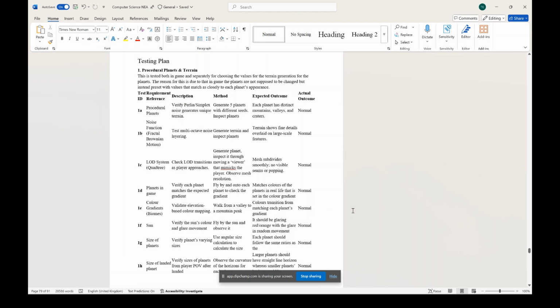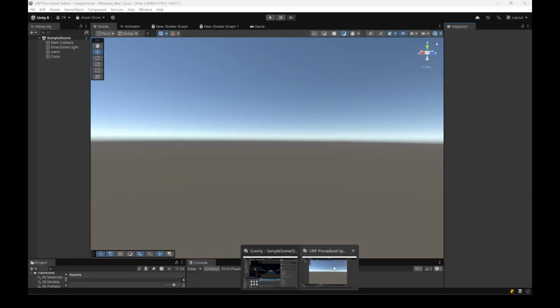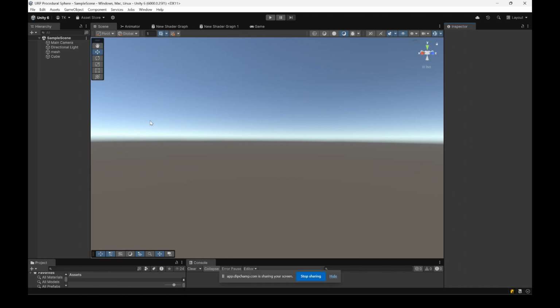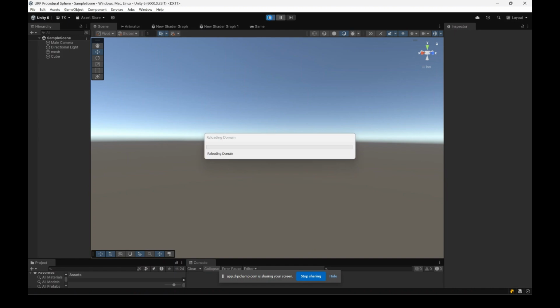This is test one. This is part A of test one, where I test the individual planet generation. This is done for an extra game, as you can see, using an extra Unity game rather than the main game, which is built for just testing planet generation. In this game, I'm going to click start